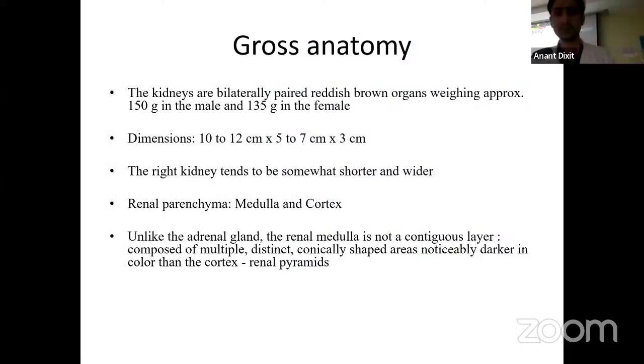in width and anterior posteriorly, it is about 3 centimeters. The right